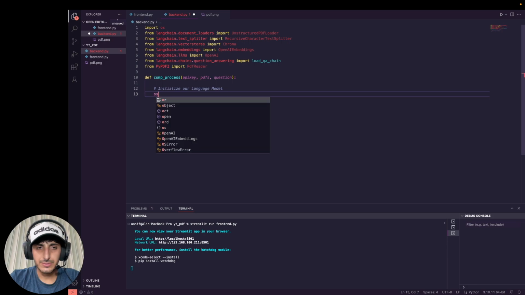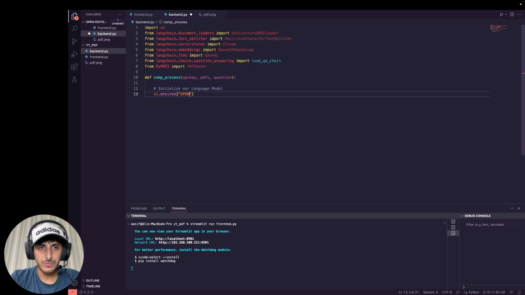I am going to do os.environ for the OpenAI API key equals API key, right? We need the API key for OpenAI, and then we are going to initialize our language model, which will be